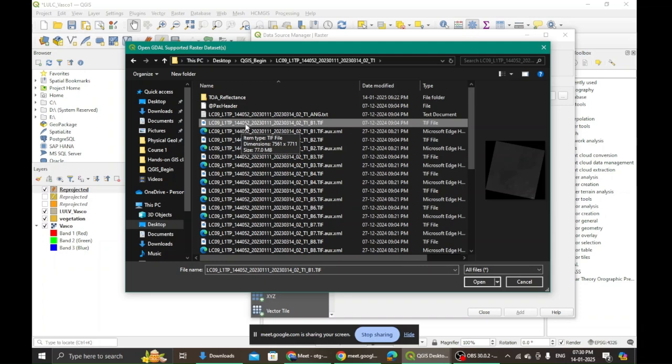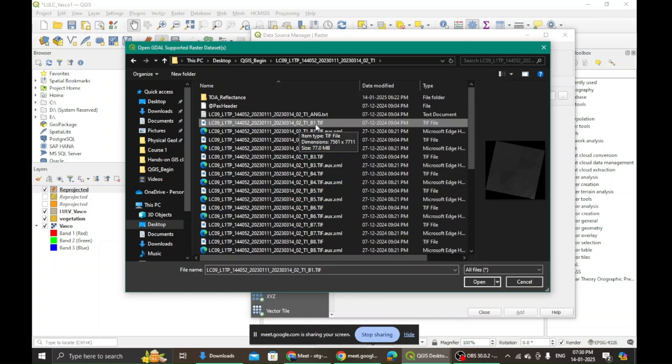So our satellite is going all around from pole to pole to pole, correct? No? So it takes a path and a row. Every picture that it takes is placed in a row, and one particular revolution that it does around the planet, that is our path. Okay, so 144 path 052. All right, and then the image was captured on 2023-01-11, that is 2023 January 11. And in the end, this date pertains to when the data was made available to be downloaded. Okay, and then this is to do with the cloud storage where all this data is stored.